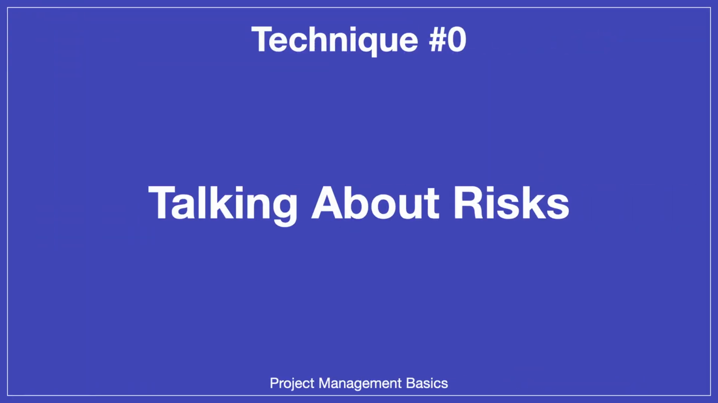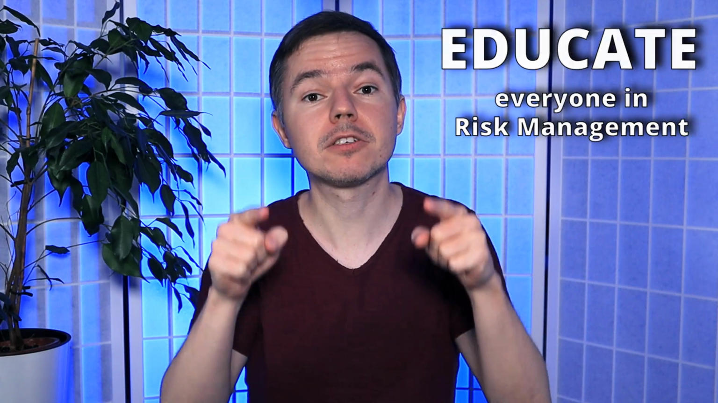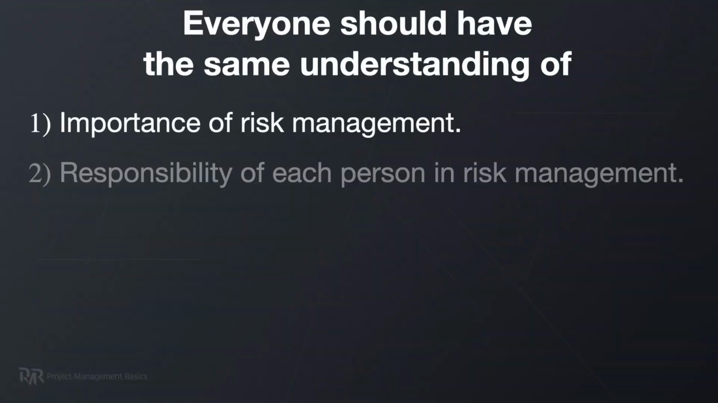We do it by talking about risks, but it's not a casual conversation. It has specific rules and agreements. Again, that's why you need to educate all team members and stakeholders in your risk management process. In essence, you need to ensure that everyone has the same understanding of the following: importance of risk management, responsibility